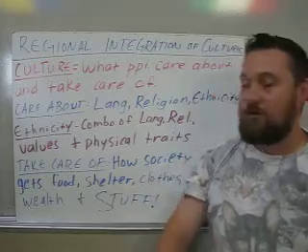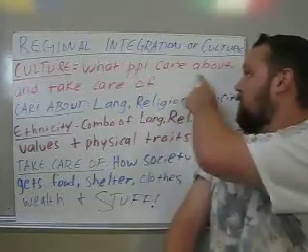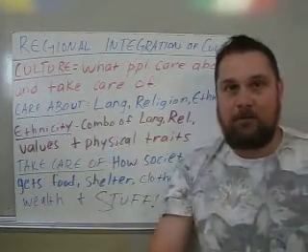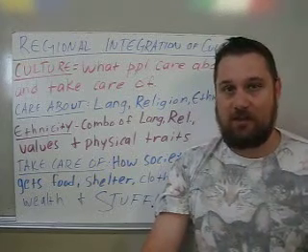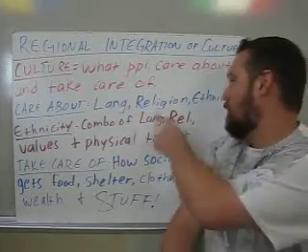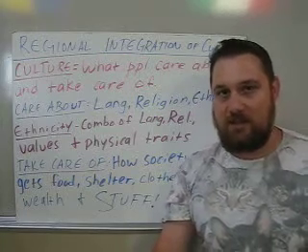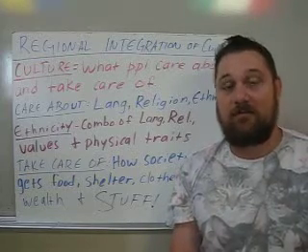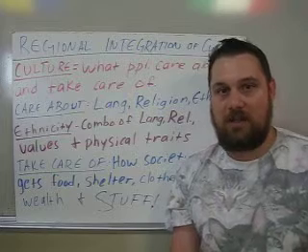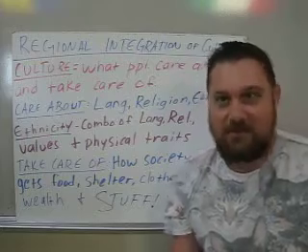Now we're going to talk about culture a little bit. The regional integration of culture. The simplest definition of culture is basically what people care about and what people take care of. Things that they care about are more like mental things that you may not be able to see or identify outright. Things like language, religion, and ethnicity. We know what language and religion are. It's pretty easy to understand, but ethnicity is something you may not have heard of before. Ethnicity is basically the combination of language, religion, values, physical traits, all the things that make up the ethnicity of somebody.